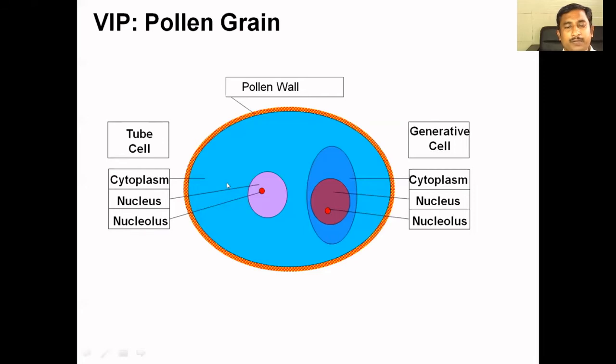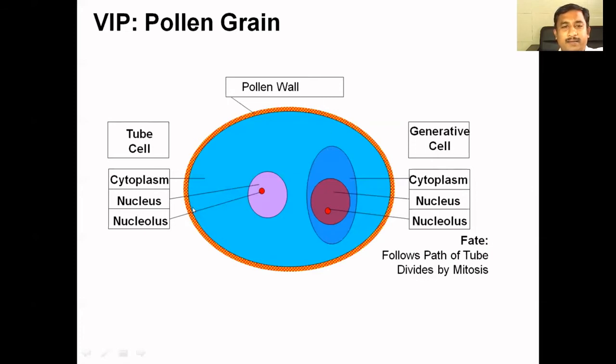So you need to understand this basic concept. This will be there in the exam. So I will give a picture like this, and you need to note which is the tube cell and which is the generative cell. Okay. And then, Sir, inside the tube cell, the generative cell is there, right? Not inside here. For example, here this is the entire pollen grain. This is a pollen grain. This is a tube cell. One side is a tube cell, and this is a generative cell.